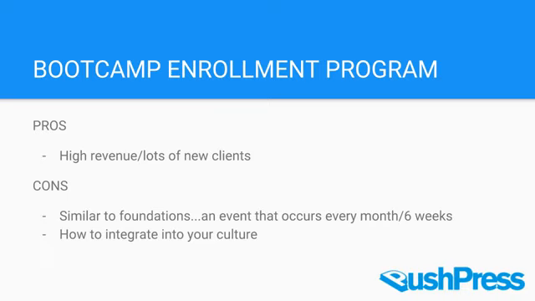So we developed a 6-week boot camp program where we spend about 2.5 weeks of advertising. We schedule a lot of people to come in and interview with us, and then from there we get them set up with the 6 weeks. After the 6 weeks, they still do our foundations program. They still go through that process, but we're bringing in a lot of revenue right off the bat, as well as teaching people a lot of the fundamentals of CrossFit. So it's kind of like an on-ramp, but structured just a little bit different.